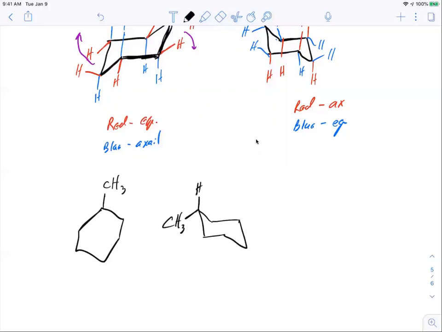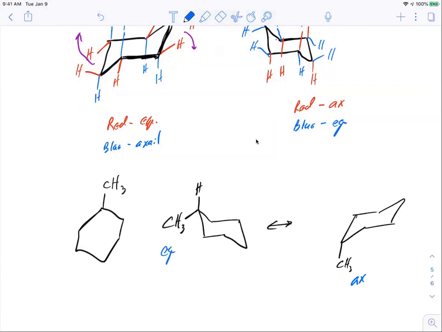So we can draw that, right? Now, if we flip this,